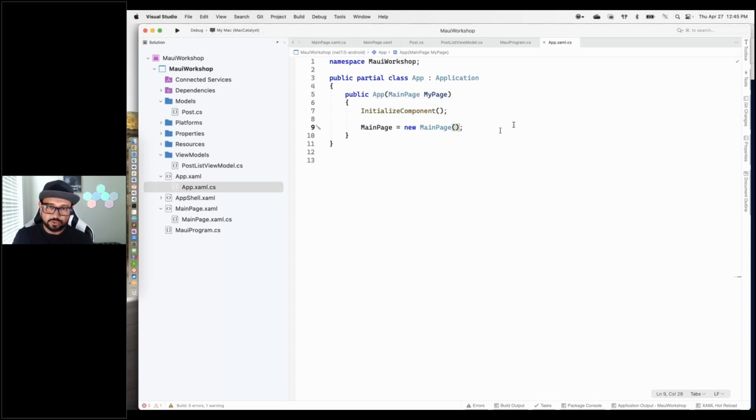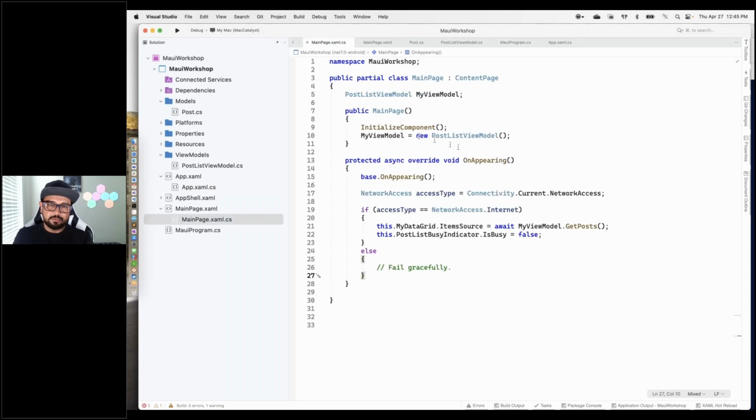And I can just send that in. Also, the thing I was trying to show you is in my MainPage.xaml. Notice how I'm newing up a view model. I should not have to do that either. I should be able to pass in the view model as a constructor, and then it realizes that I'm sending that in as a constructor, so it needs to new it up before the main page comes in. So once you come to the main page, you can just grab the view model from the dependency injection on the constructor itself. So apparently that's not working for me, and we're not going to spend too much time on it,